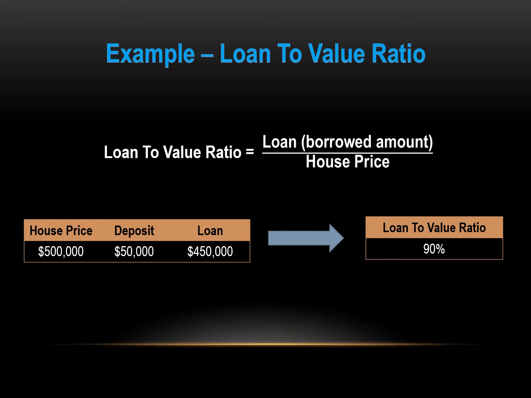To calculate it, we need to divide the amount you want to borrow by the total value or the selling price of the property. In our example, we have to divide $450,000 by $500,000, and the result is 90%. Frankly, this is a high LTV ratio, and it's not certain whether the bank would agree to lend John the money. It depends on many other factors such as the bank, the income of the borrower, credit history, and others. If John doesn't meet the criteria, he will need to find some additional money for a larger down payment.